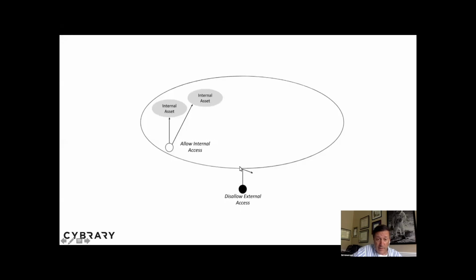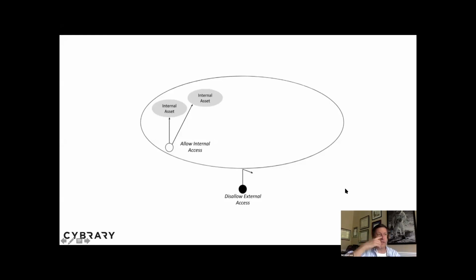You're just hitting it. Whereas out here, I can't get access. But if this circle went away, then I got a problem because this is someone who really should not be touching these assets. If the big oval here went away, then that in a sense is the definition of zero trust. When that goes away, I got a problem. These assets don't know if the empty circle or the filled in circle are trusted. I don't know. Suddenly they have to provide some protection and do authentication. I don't know if this is this or this is that, and so on. Zero trust is when the oval goes away.